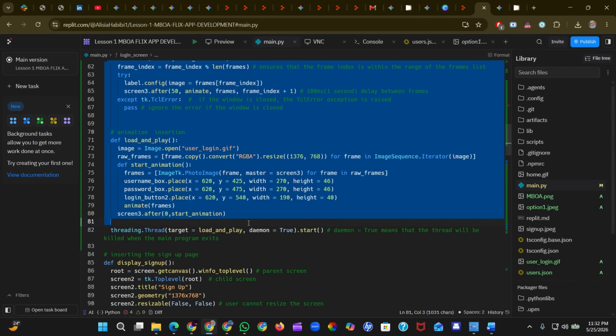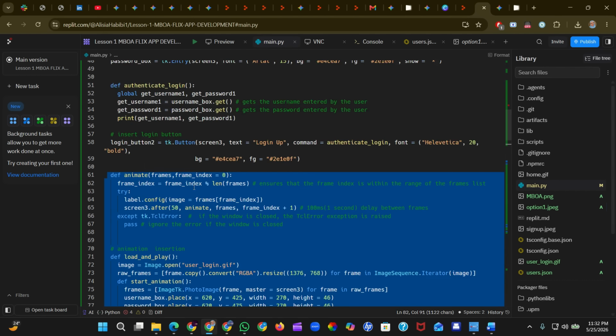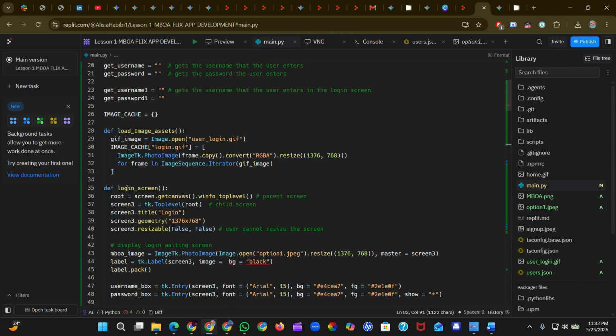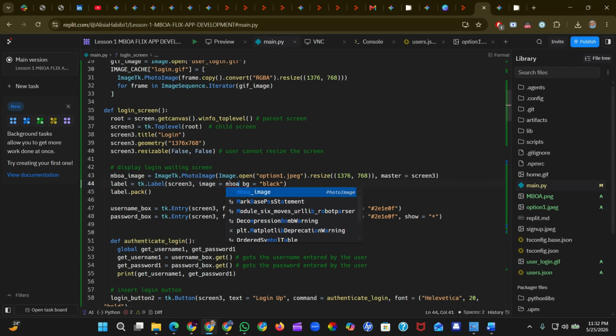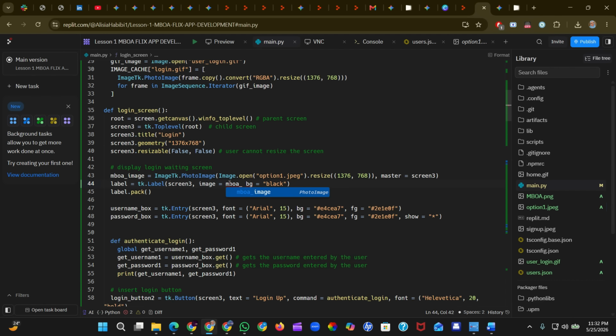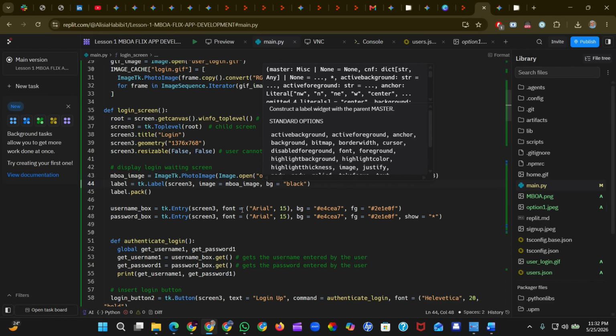Don't forget that the label was originally created to show the animation. So in the beginning, it will be a placeholder like a waiting screen while the frames of the picture for the animation are being loaded, and then afterwards it will change into the animation. So here we're going to put the MBOA image, the one we want to show, right? This one, that's going to be our placeholder, don't forget. And then of course, don't forget to put a comma to separate it from your BG background color,